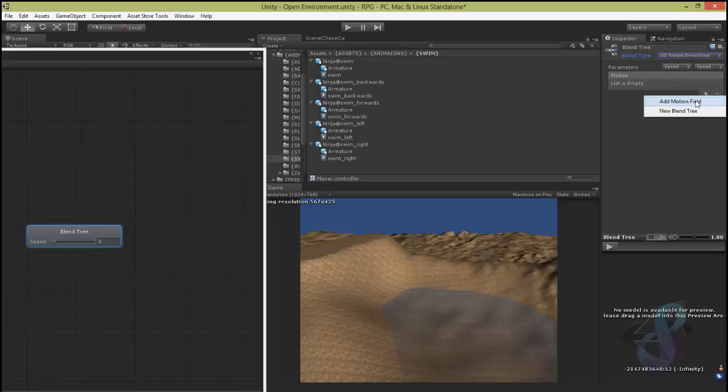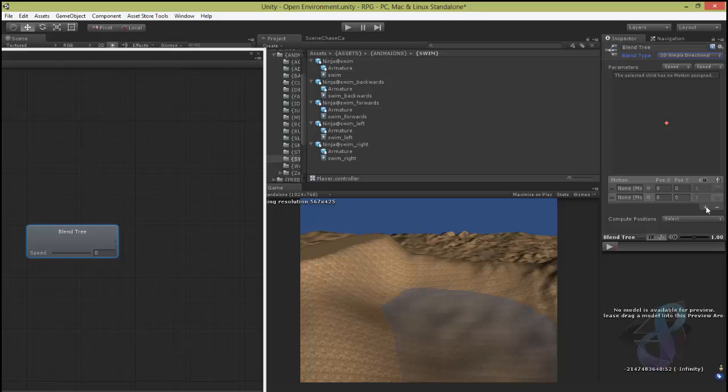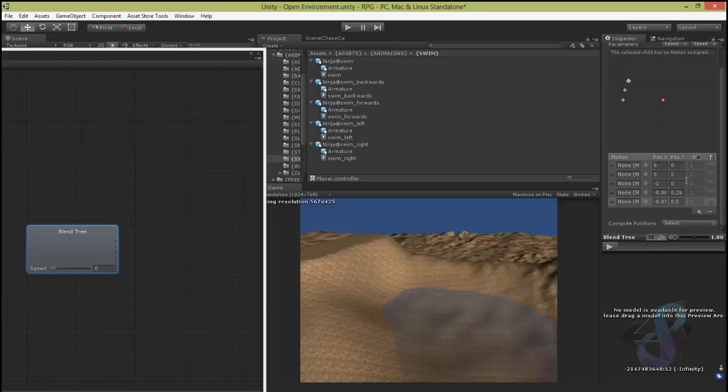We will add a motion field here, and of course we need forward, backward, left and right. Okay, so 0, 0, 0, 1, 0, -1, 1, 0, 0 I said, and -1 and 0. Okay,